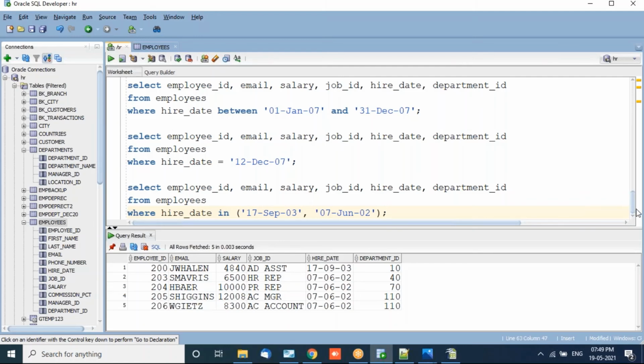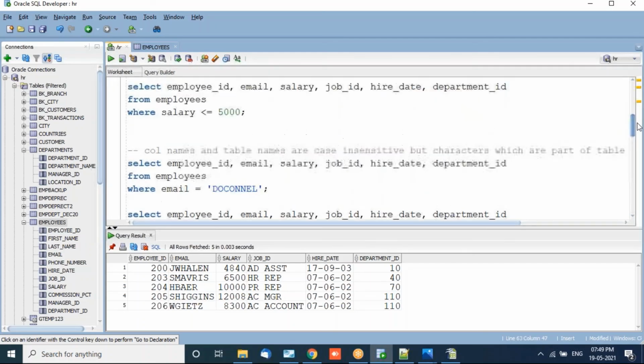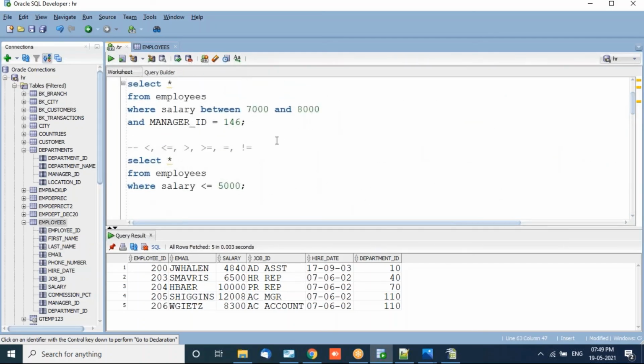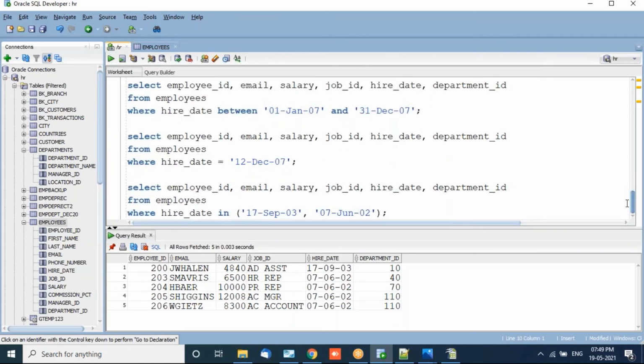Today I've covered just the basic operators, the between, and the in clause, the in keyword. This we have covered, then between and in, and not in. Even the word not we have taught. Between and not between, both are the same.